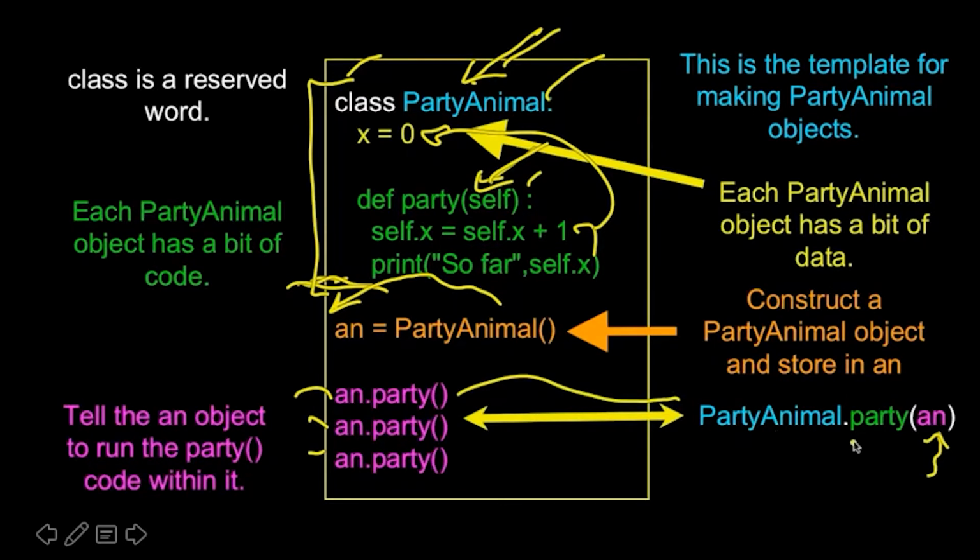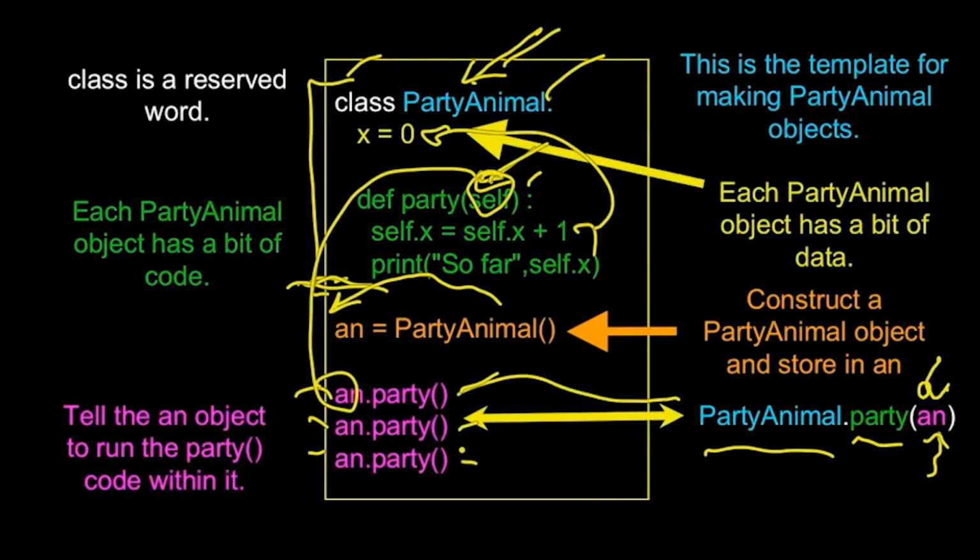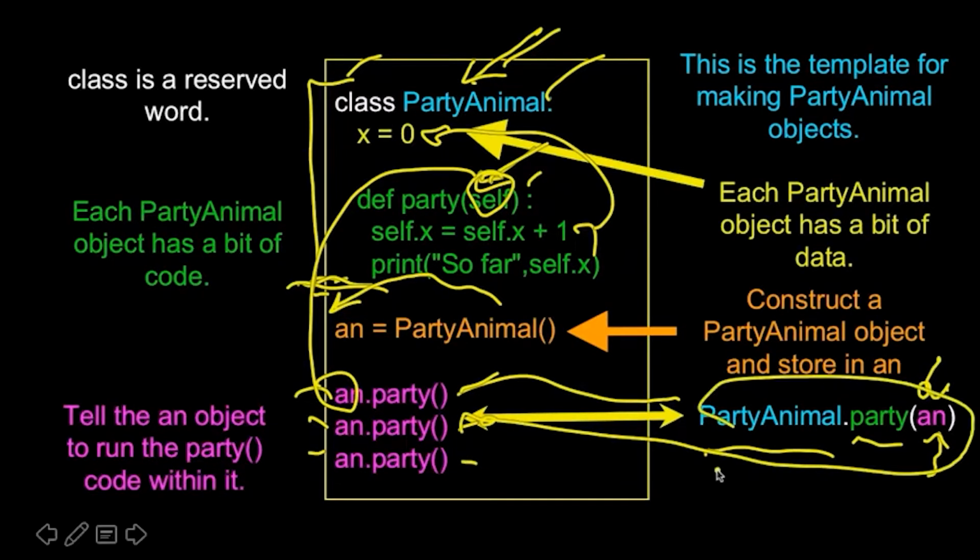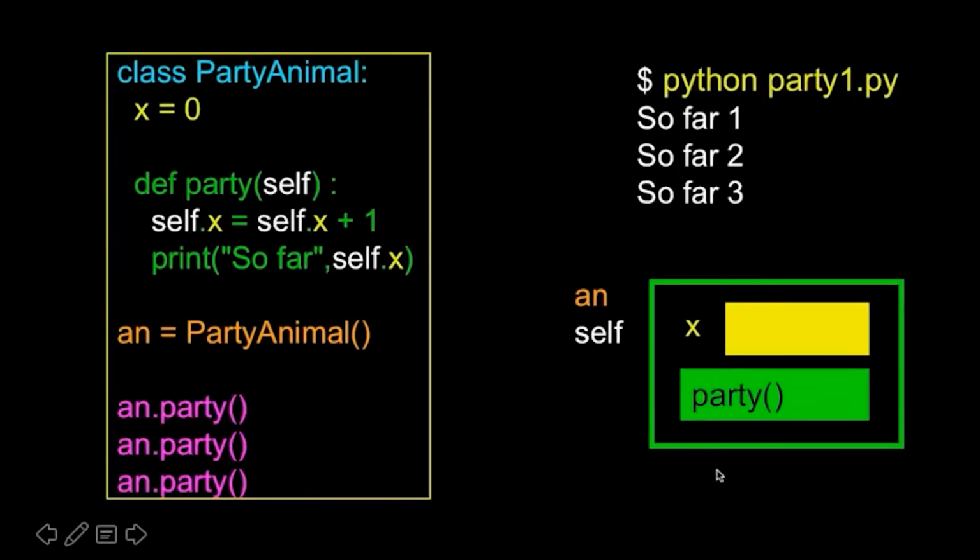It's calling the party method within the party animal class and passing the instance in as the first parameter. And so self ends up being an alias of an each time these are called. Now if we make a different variable and a second object, which we will eventually, you will see that works a little bit differently. And so this syntax is a short version of that syntax. So if we watch how this executes, it